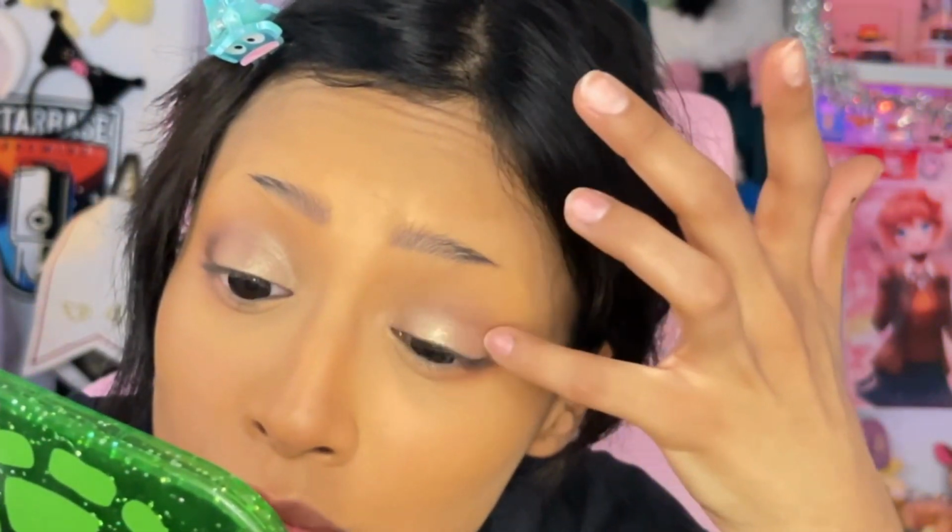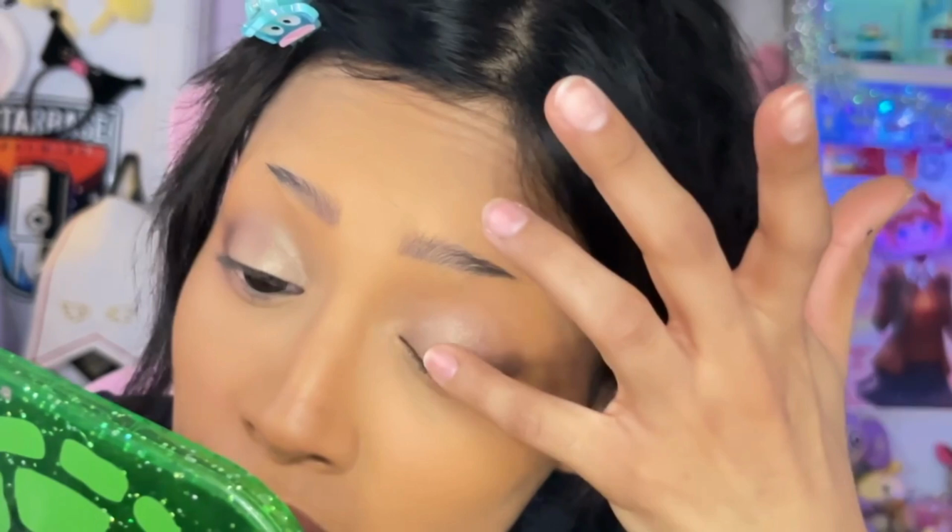From the inner corner, I'm gonna take it into the crease. Yes, sir, I'm taking it into the crease. Technically, you can stop just without the glitter, but I feel like wearing glitter, and it's honestly what I've been doing more. But if you're more of a matte girly, you can just stop. So if you're going for more everyday, you can maybe go with a thinner glitter, or you can just stop